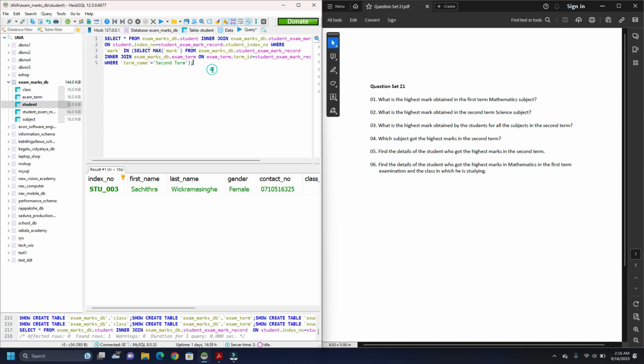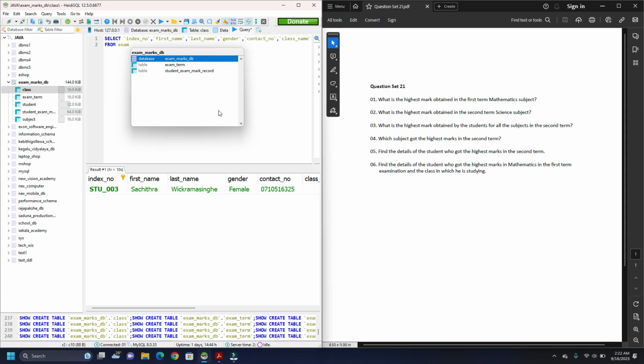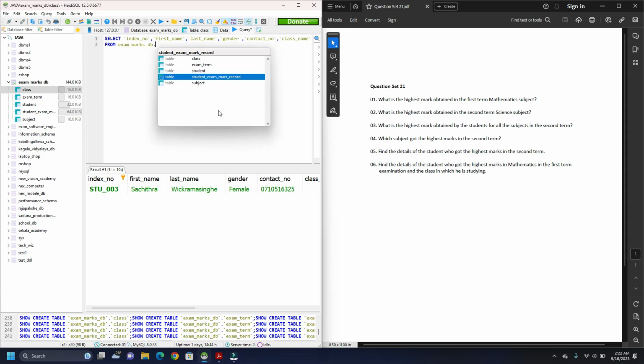And on to the sixth and last question. Find the details of the student who got the highest marks in the mathematics in the first term examination and the class in which he is studying. So, like in the previous query, select. So, I'm gonna choose index number, first name, last name, gender, contact number, and class name for the details of the student from student table, and